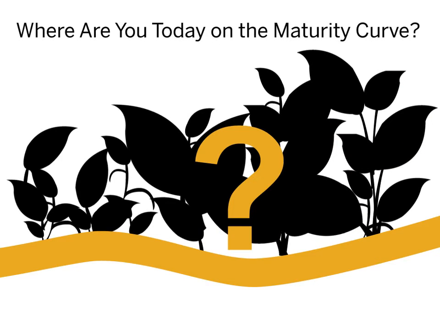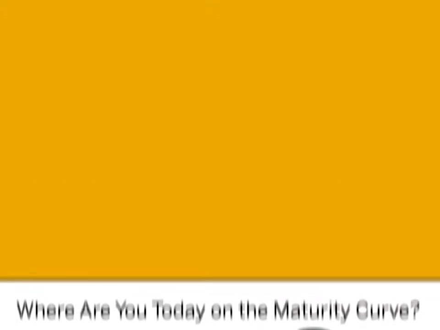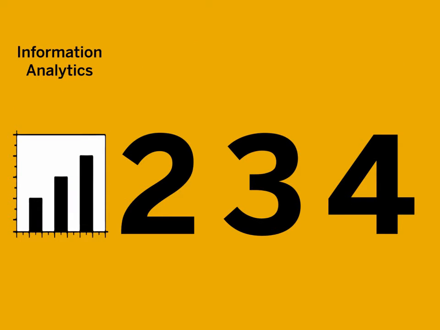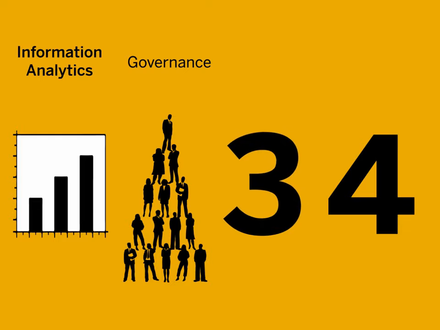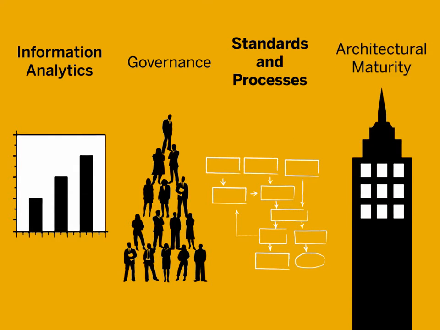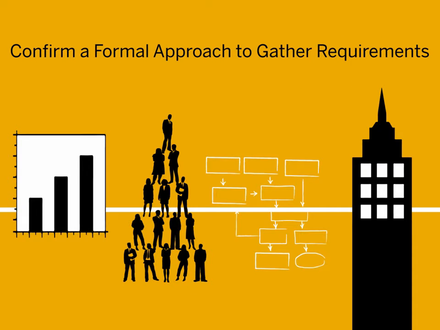How can an enterprise determine where they are on the BI maturity curve? We're able to actually identify the different characteristics or attributes of maturity along the 4 major states, and that falls into information analytics, an area focused around governance, one on standards and processes, and another regarding the architectural maturity of that organization. Within the various states, we're able to say whether or not there is a formalized approach to the